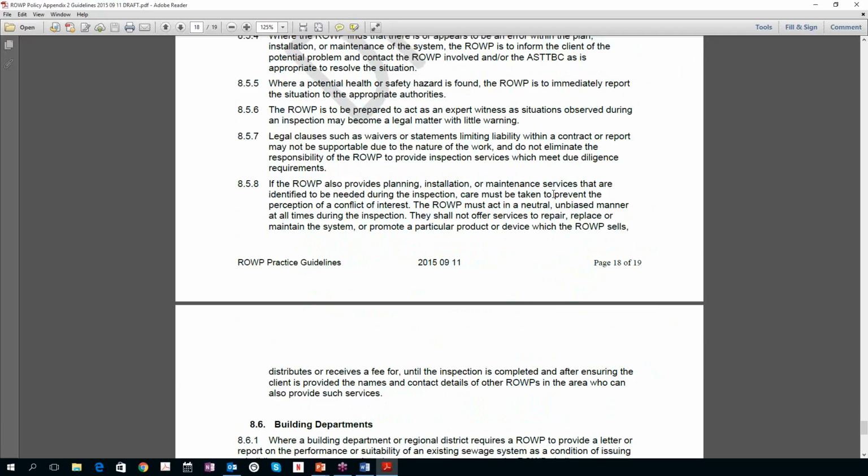This is a good one, we better mention this: if you are also a planner, installer, or maintenance provider, you can do inspections and you can make recommendations for repairs or replacement, and you can bid on it and you can quote on it, but only if you identify the conflict of interest, only if you do that in writing, and if you encourage the client to get some other quotes.